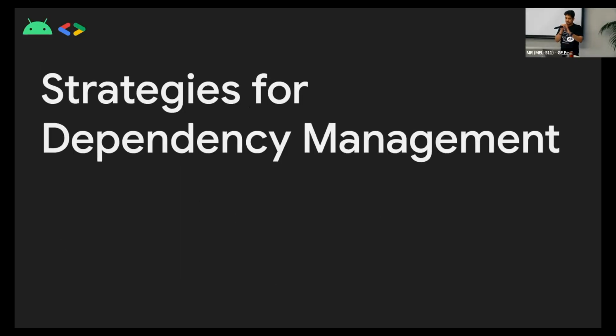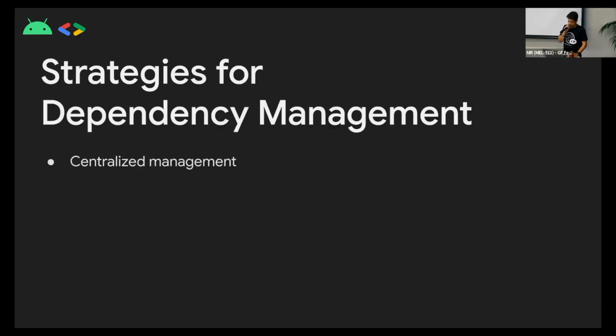Last bit of jargon, I promise. Strategies when it comes to dependency management. Centralized. So you declare a list of dependencies somewhere, and then each project in your organization or the teams within the organization can refer to that central list and make use of those dependencies. There's decentralized, where you empower each team in an organization, or squads within a team, to declare their own dependencies as they see fit.